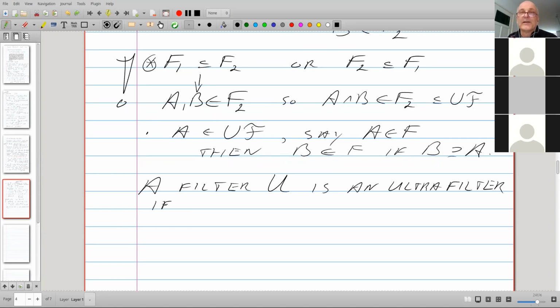Well, I'll come back to that in a moment, but I'm focusing more on the ultra, and the ultra sounds like it's really big or something like that, and this is what we take as our definition.